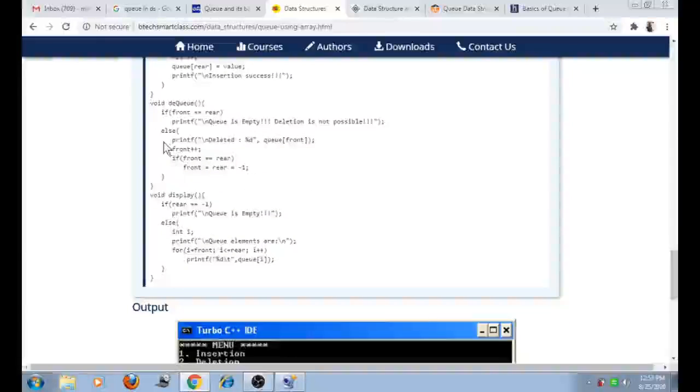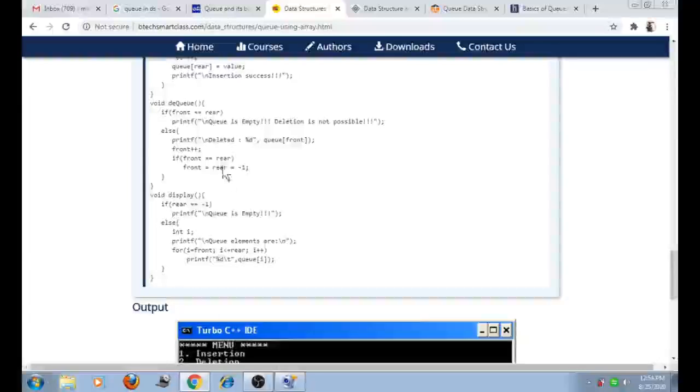Now next is the dequeue operation. Dequeue means deleting an element from the queue. So we check if the queue is empty. If the front equal to rear, then we say that the queue is empty and deletion is not possible. If this condition is false, then we increment the front pointer by 1 and we check if the front equal to rear, then we assign front equal to rear equal to -1.